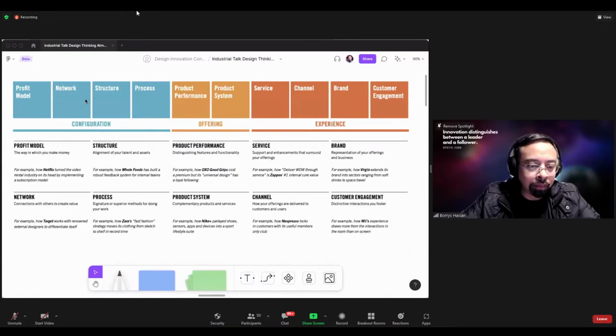You need to have a clear profit model, and the process itself. For example, if you have designers, product managers, and engineers inside the company, how do you make a process that supports innovation? It needs to be there as well. So it's not as straightforward as, okay, we serve the user needs, we have clear business goals or business metrics or a business model, and we have the technology that supports it.